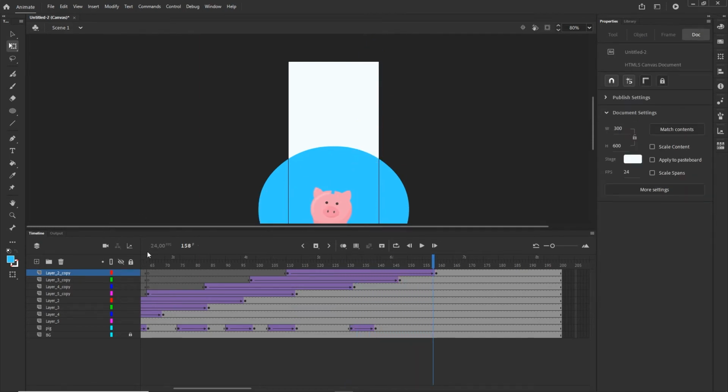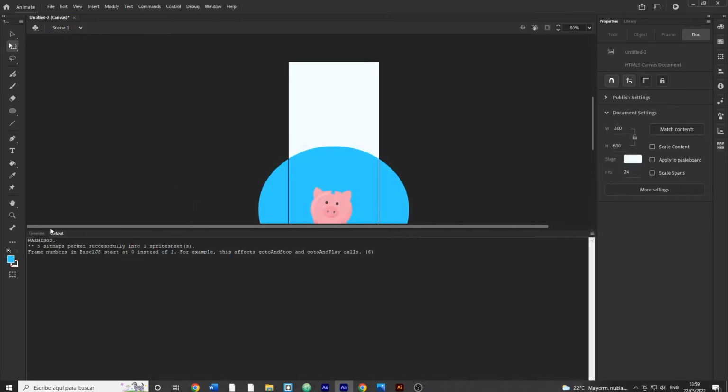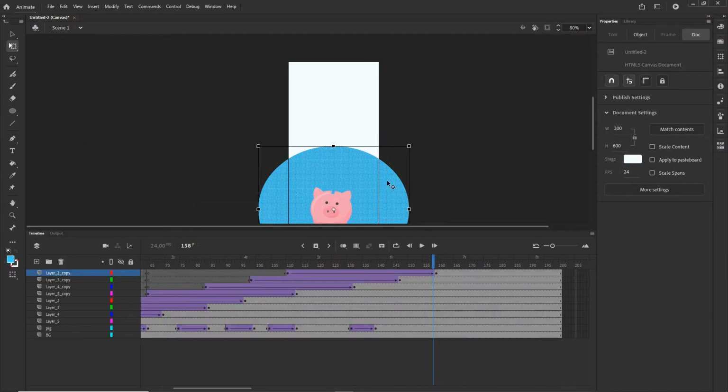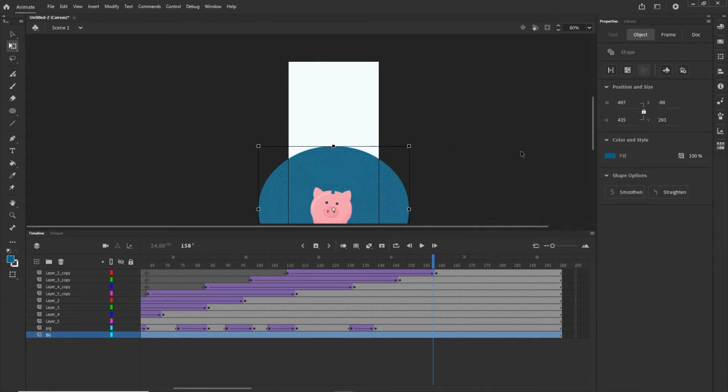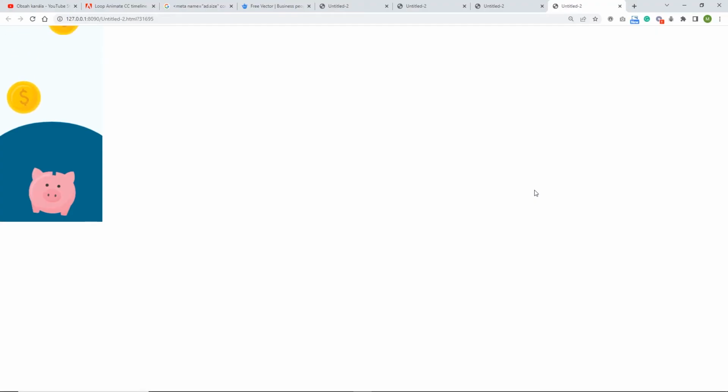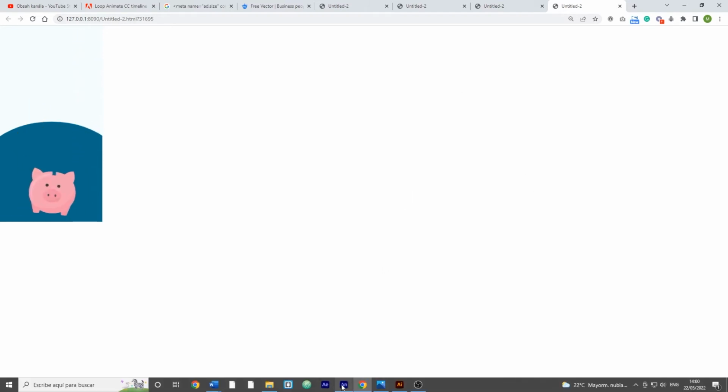And now I'm going to create. I will hit Ctrl Enter, and I will see how this is going to be looking. So we are going to have something like this. And yeah. And now what I want to do. Okay, well, one thing that I don't like is this color of this shape. So I will unlock this, and I'm going to make this a little bit darker. So I'm going to go maybe with something like this, and let me see it right now, because right now the pig is going to be a little bit more visible. So I'm going to have something like this,